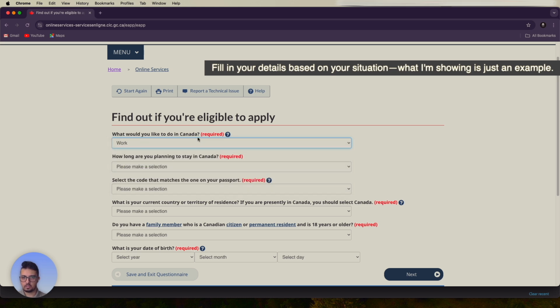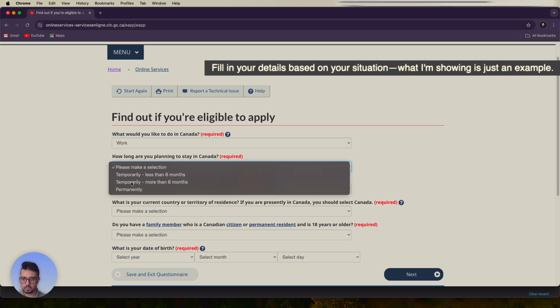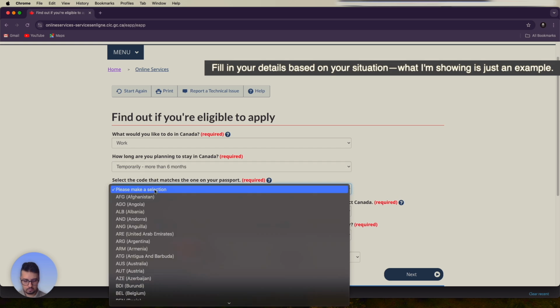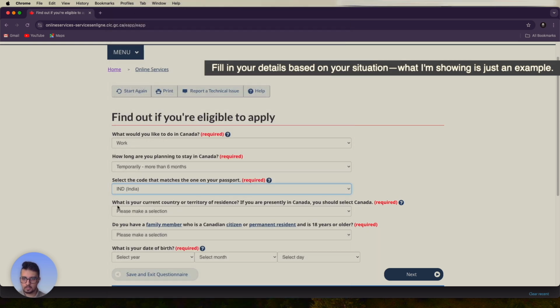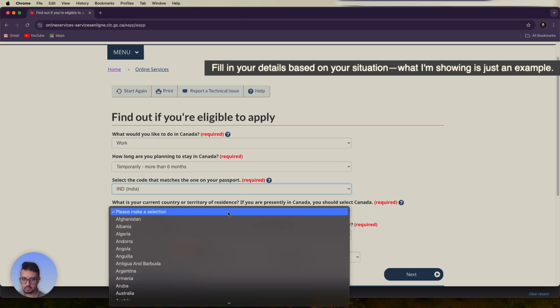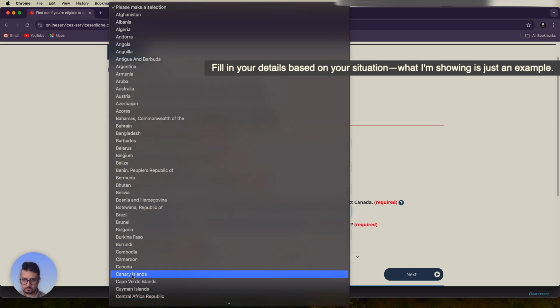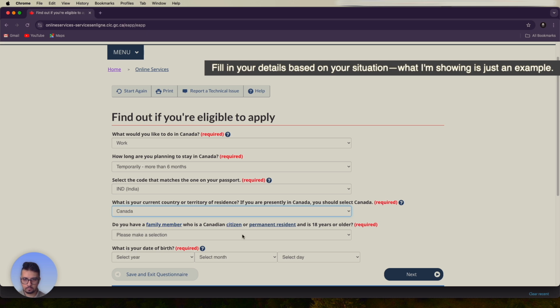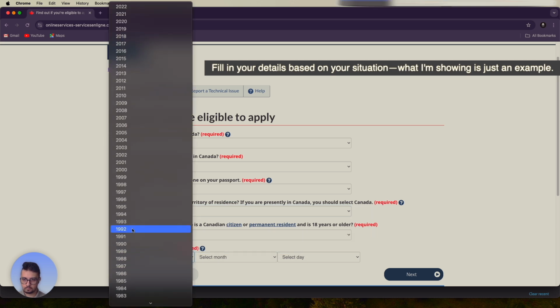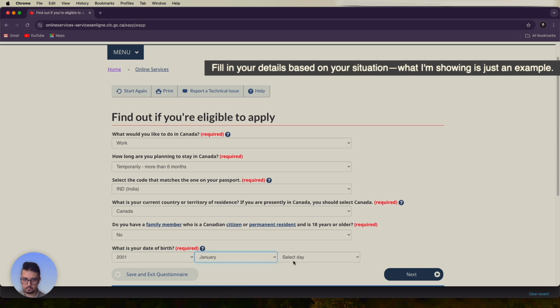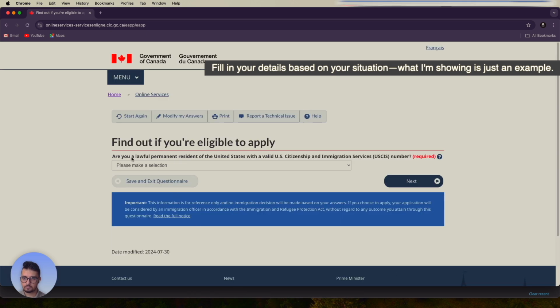Since you just got the post-graduation work permit, you can select work. How long are you planning to stay in Canada temporarily, more than 6 months? If you're currently in Canada, you should select Canada. Are you a lawful permanent resident of US? No. Immigration status. So again, as you just got your post-graduation work permit, you can select worker